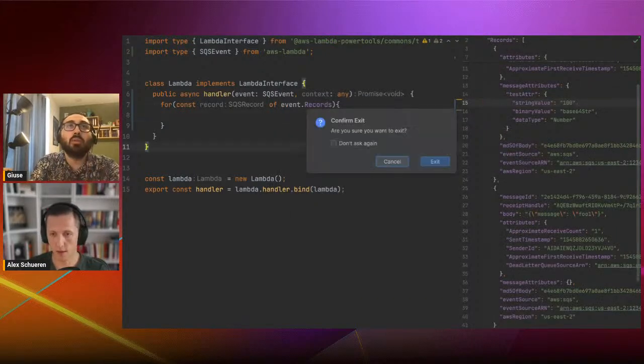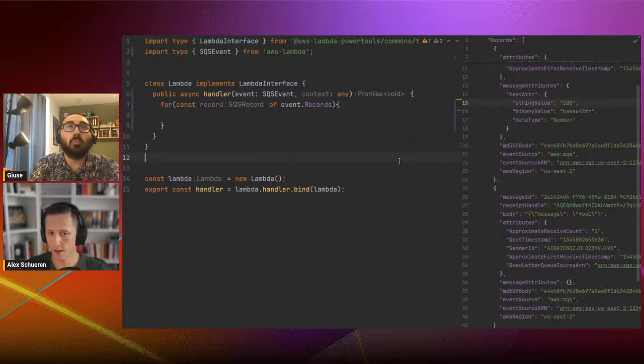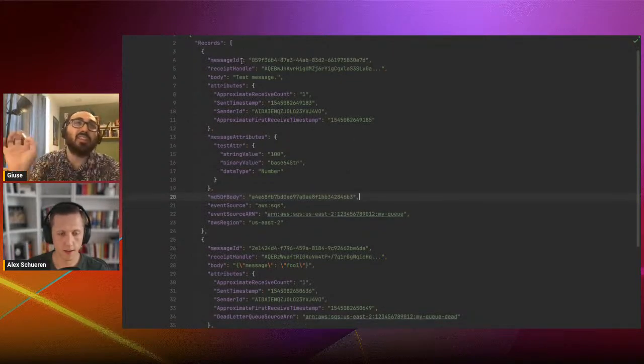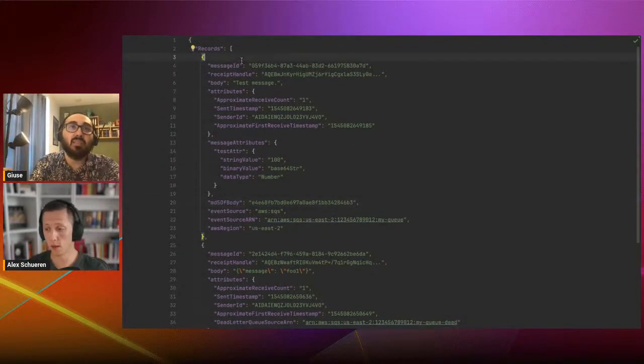What I think was super magic there is that because you typed it, you already know that it's an iterable, and you will not have the problem of using the in operator instead of the of operator in the for loop. So that's already something. It helps a lot, yeah, because most people struggle. They go somewhere in the documentation and say, oh, wait a second, I need to first understand how the structure looks. So what should I look for? Then they realize, okay, this is an example of an SQS